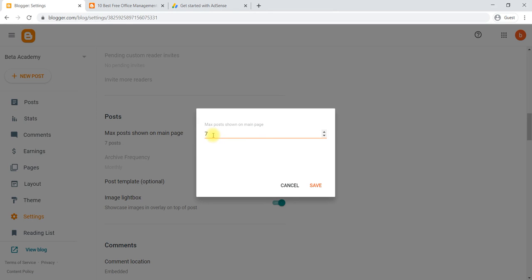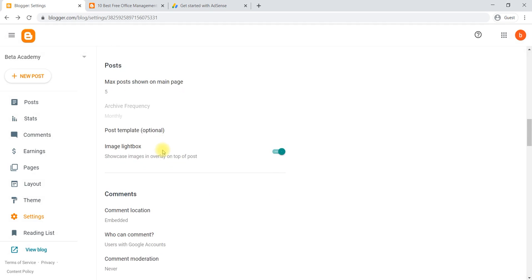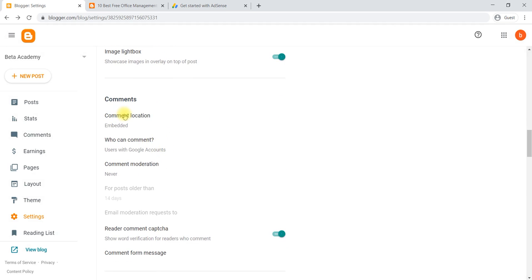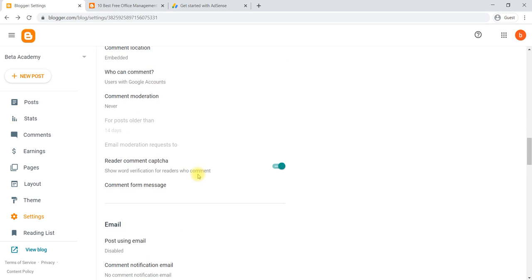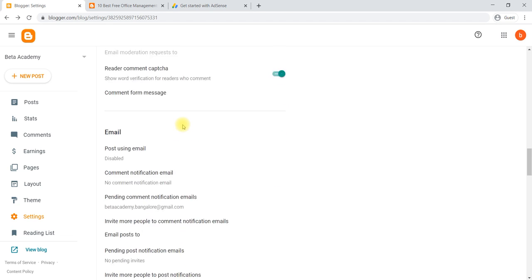You can say 10 posts you would like to show, or 5 posts on the main page. And commenting. Would you like to get comments or not? If you don't want comments, you can turn off the comments. While posting a post also you can turn off.